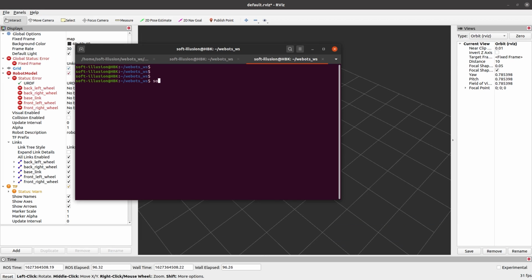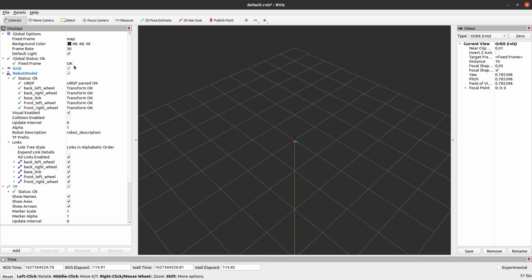So here we will define our base link ourselves because we do not have the localization running yet. So let's give it some transform: map to base link, published at 100. Now as soon as we have the base link published, you will notice that the error has gone because all joints now know the relation between the parent link and the child link.